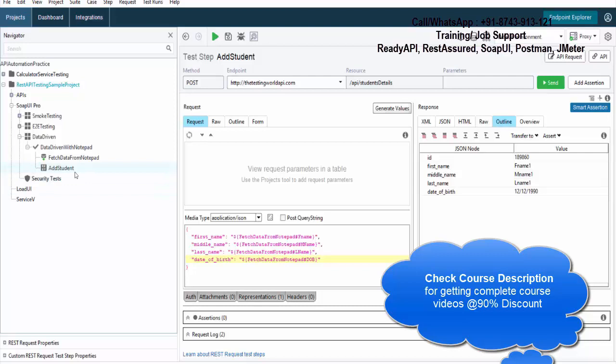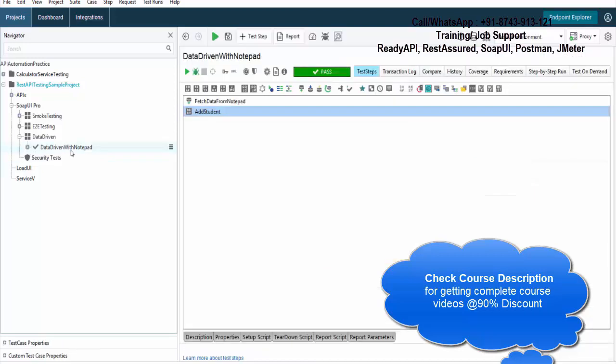So now we will have to go for a loop. Loop means I will execute my test case in a loop 10 times. Every time a new value will be fetched and will be used here. But how we can apply a loop, I'll show you in the next session. Before that, I'll create two more test cases to show two more data sources.